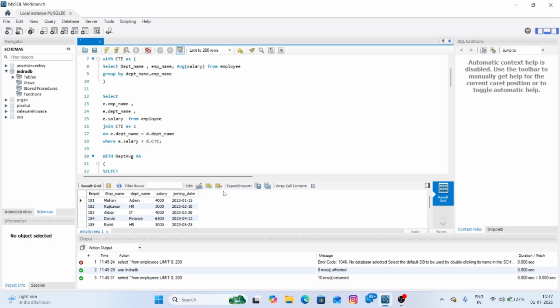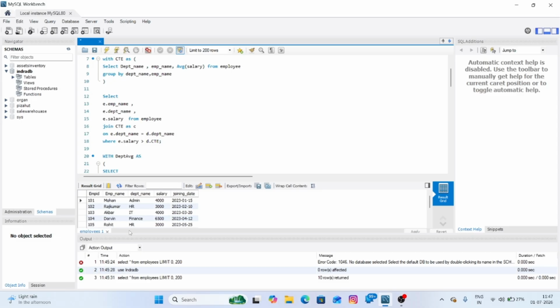So in this video, I'm going to use this table. We have employee ID, employee name, department, salary, and joining year. With the help of this table, I'm going to use a common table expression. So first, let's understand what a common table expression is. A common table expression is nothing but a temporary table that we create while we write the query, and once we execute it, that temporary table automatically goes away.